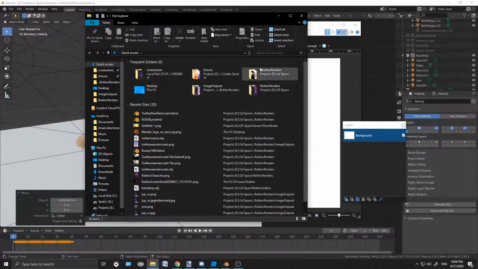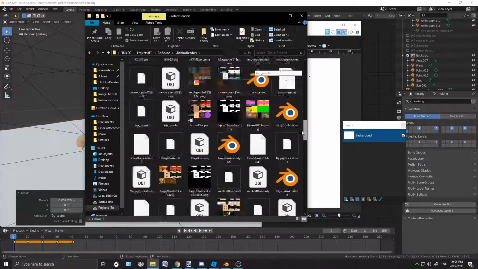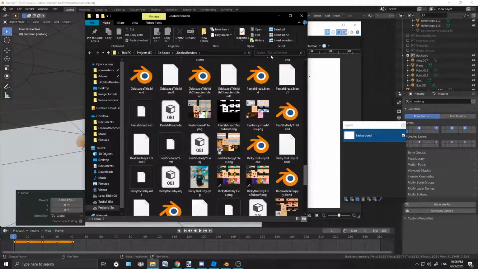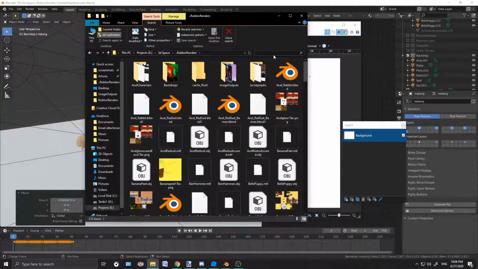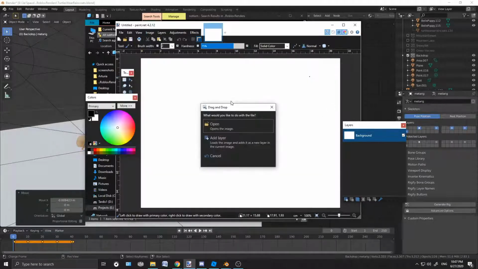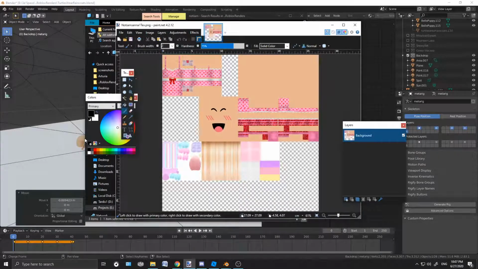I have all of the skins and textures saved in this Roblox renders folder, and you can see it's getting pretty full. So what I've been doing lately is just searching. You bring that over to paint.net, open the layer, and then